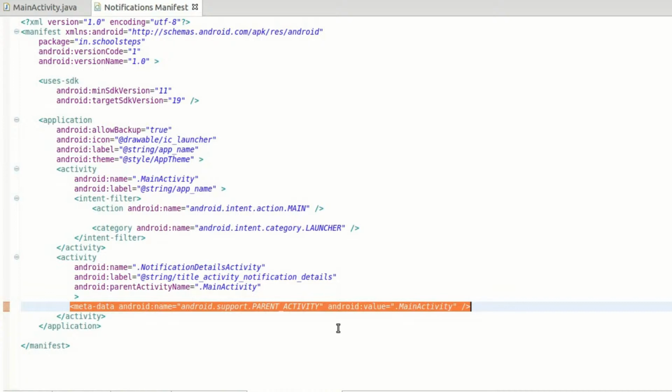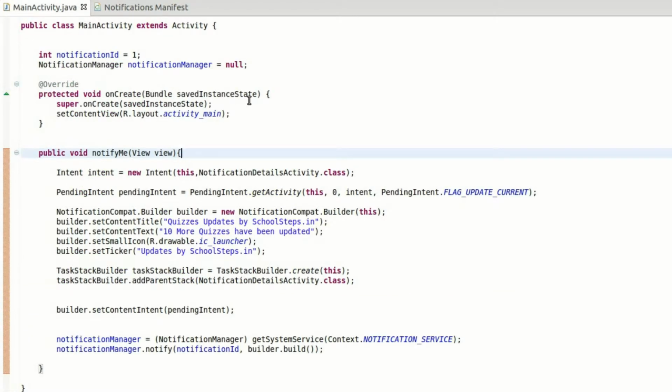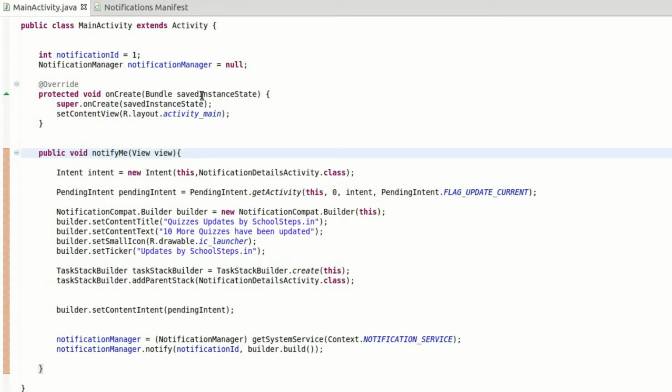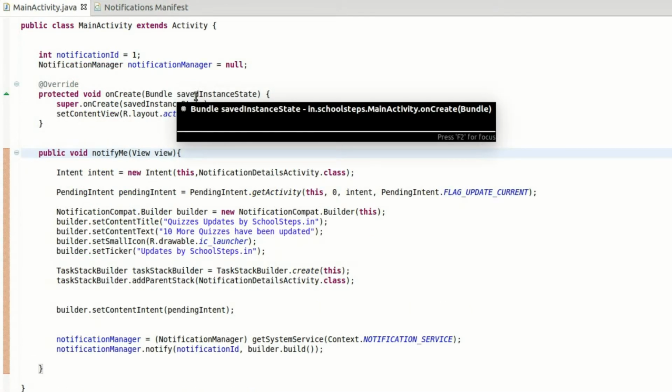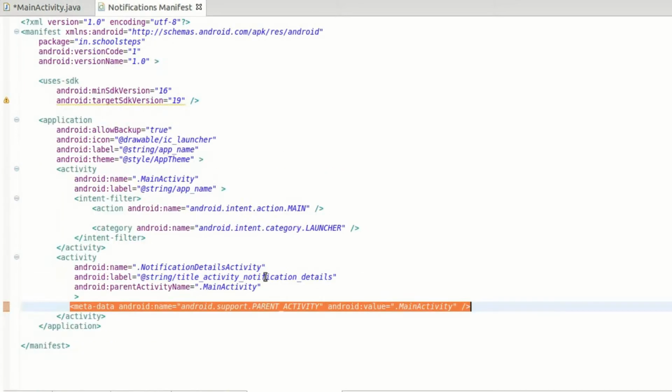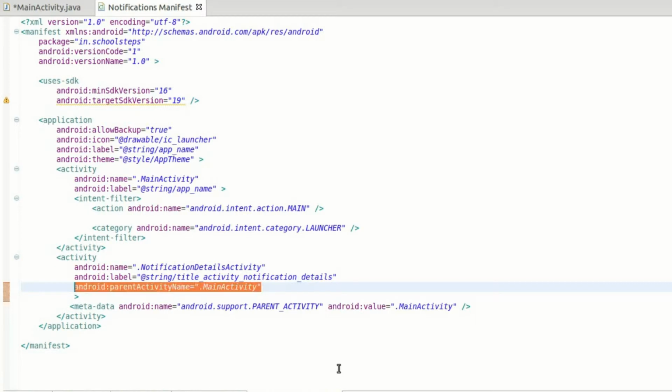Now the issue with this approach is whenever you save your project again, it will again start showing the errors and you have to clean your project again. So if you see, the errors are gone, but the best approach is let's make it 16 for the time being, complete our work, and then in the end we will change it to 11 again and we'll clean our project. So when this particular method gets executed, it looks into the API and depending upon your API, it either looks into this or it looks into this particular attribute.